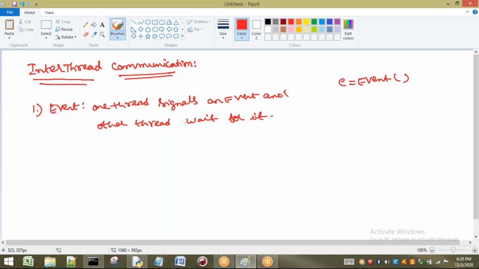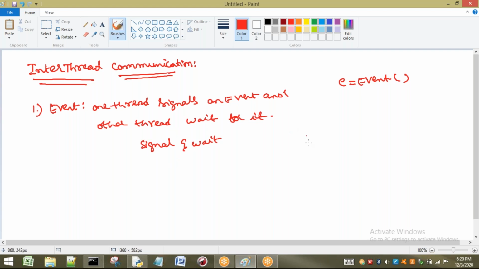So here I can say signal and wait. If you know the concepts of operating systems, you will see this in the synchronization concept. Both in synchronization and inter-thread communication, you will see signal and wait. One has to give the signal, so the other will start execution.